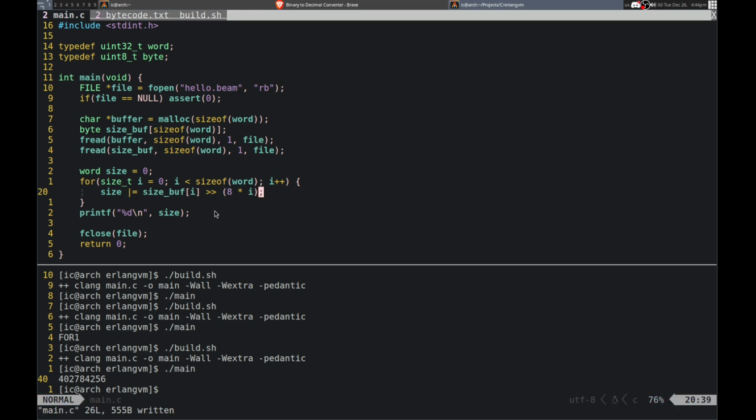I'm thinking read the file line by line and separate it with the equal sign. If there is no equal sign, return an error. Yeah, something like that. I probably won't even get to that today, the actual reading part, because right now I'm just working on this. But I will be using the string view library that I created, so that'll be fun. Yeah, so it's something like that.